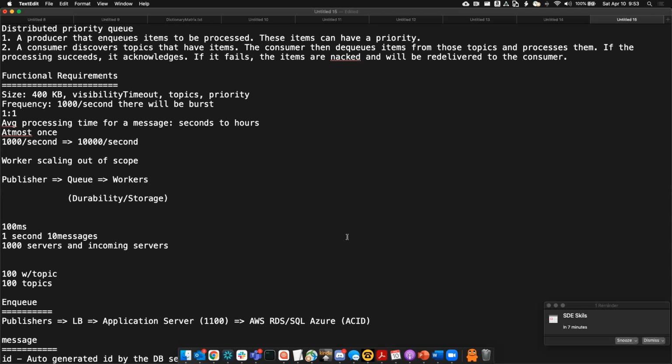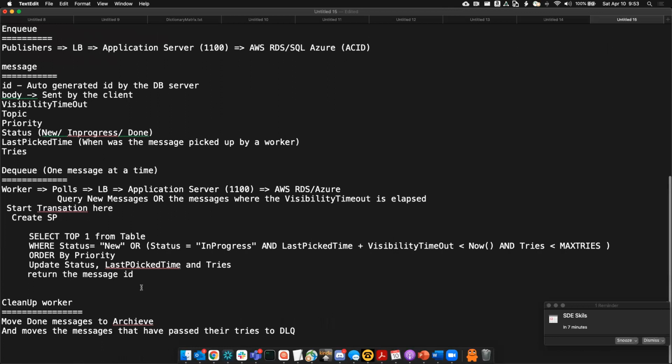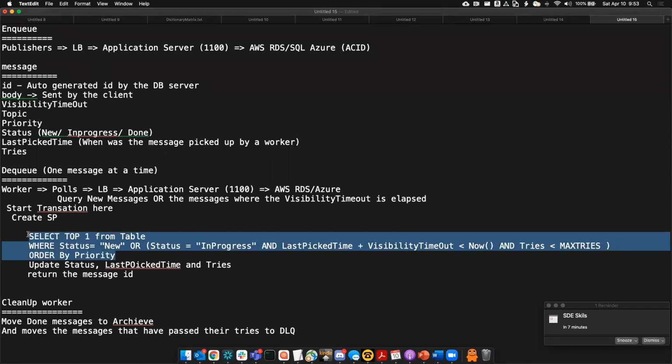So Navneet, in the requirements, these items can have priority. How have you used that in this? So how I used it here, again, I cheated: I used a relational database and just ordered by priority, and I'm just choosing one. But if a relational database is not there,